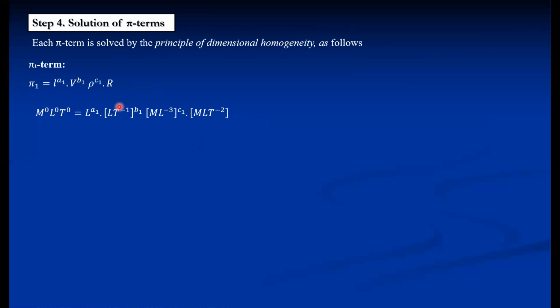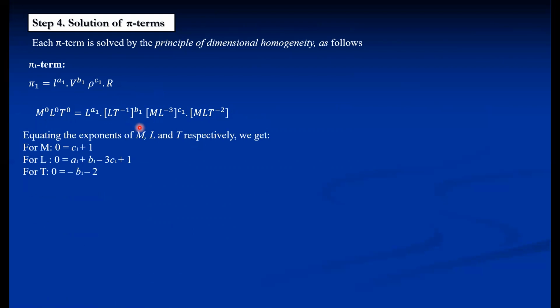Now these constants we have to calculate by equating the power. So equating power for exponents m, l, t respectively we get. So first we equate the power of m. So power of m on the LHS side, all the powers are 0, m l t. So 0 is equal to, just check where is L. So equating power of m, m is there in only this, that is C1 plus 1. So immediately we get the value of C1, that is -1.